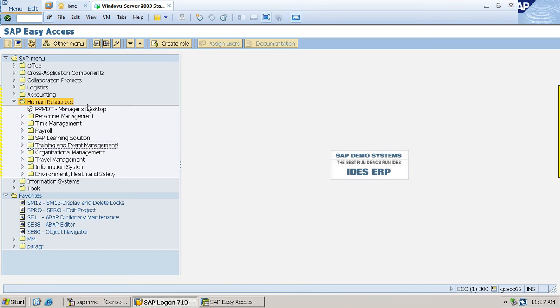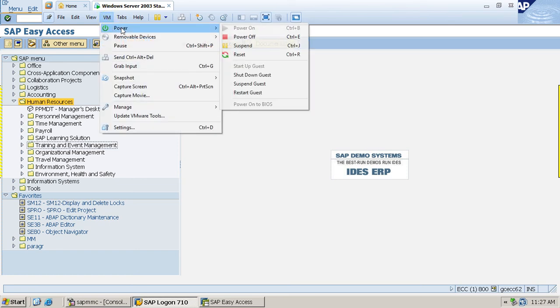Okay. Now when you complete your task activities, we can't shut down directly. If by mistake we shut down from here, then next time we are unable to log in again. So there is a proper shutdown process, and you have to always follow this process. Here in the VM there is power off, and you can choose suspend or power off.